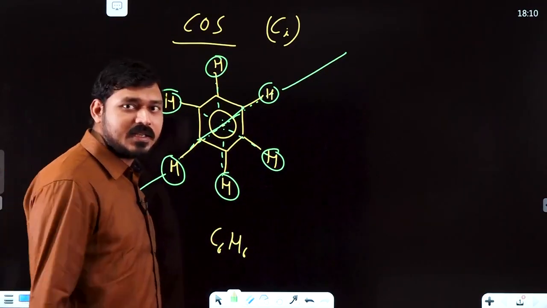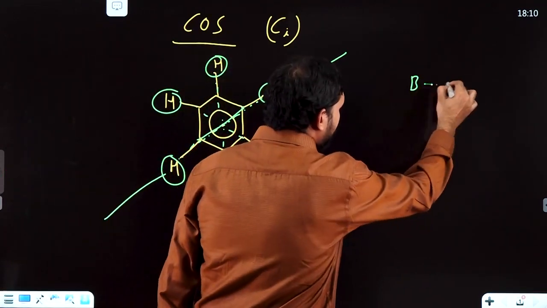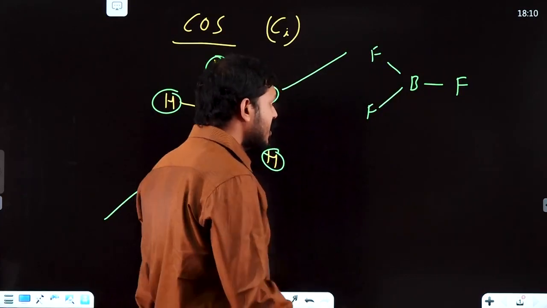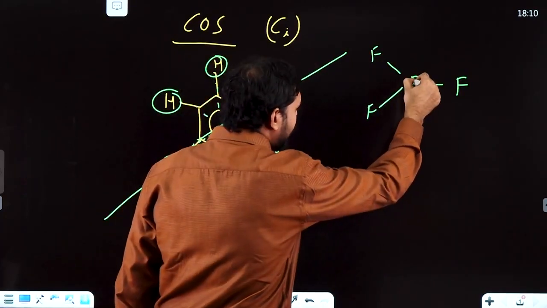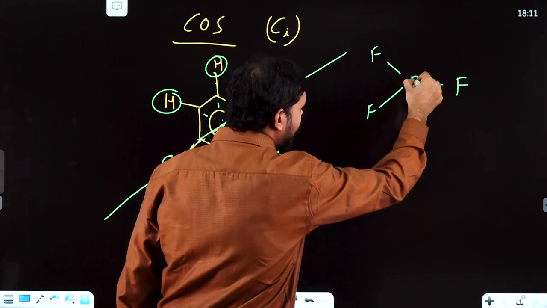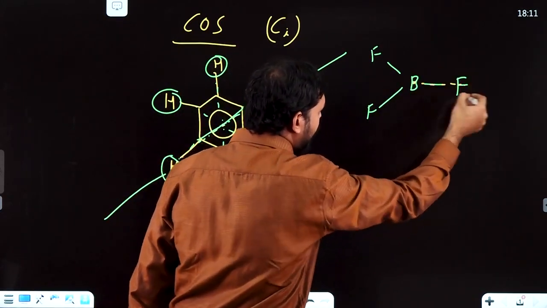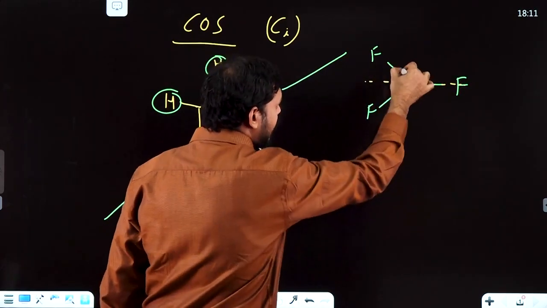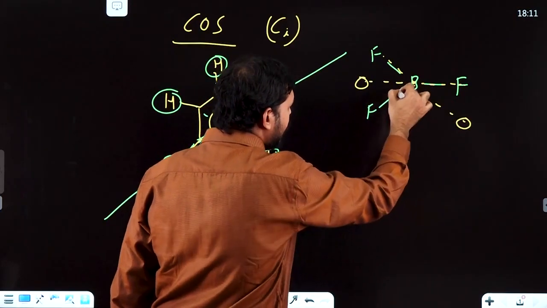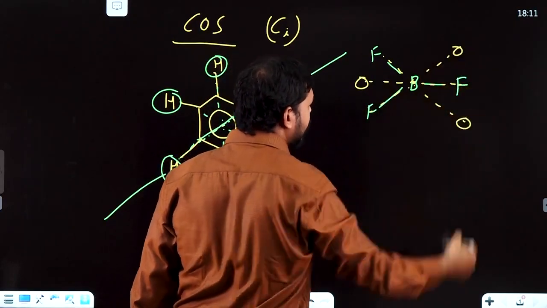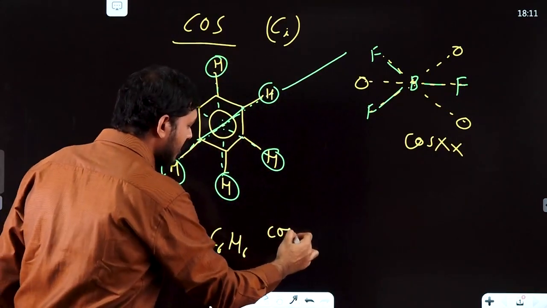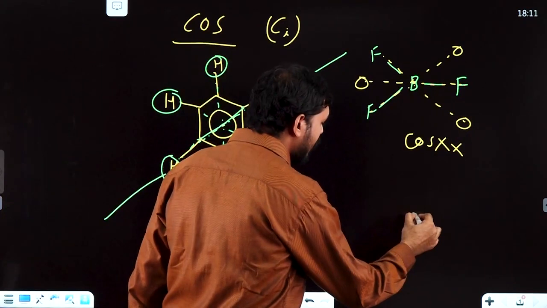Okay, let's take another example. Boron trifluoride. If I see the center, suppose this point, then if I move this side, fluorine; this side is nothing. This side fluorine, this side nothing. If I move this side fluorine, this side is nothing, so you cannot say COS is present, COS is absent here, but in benzene COS is present. Again, if I say water,